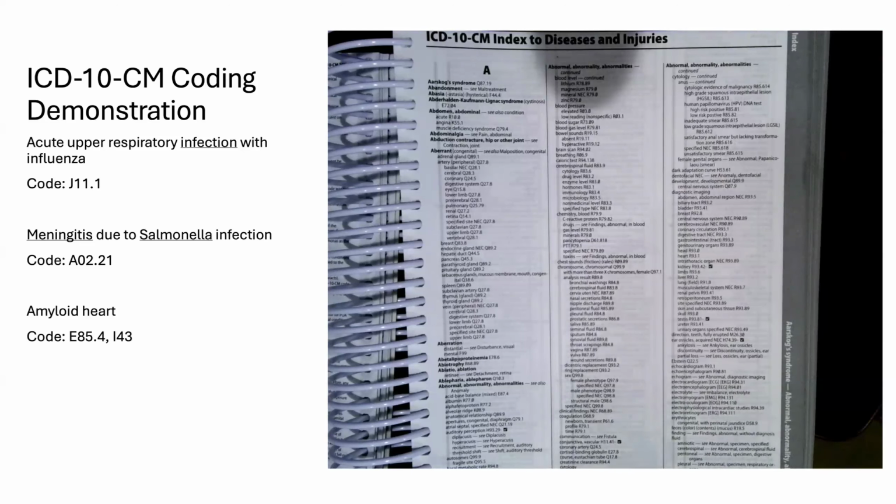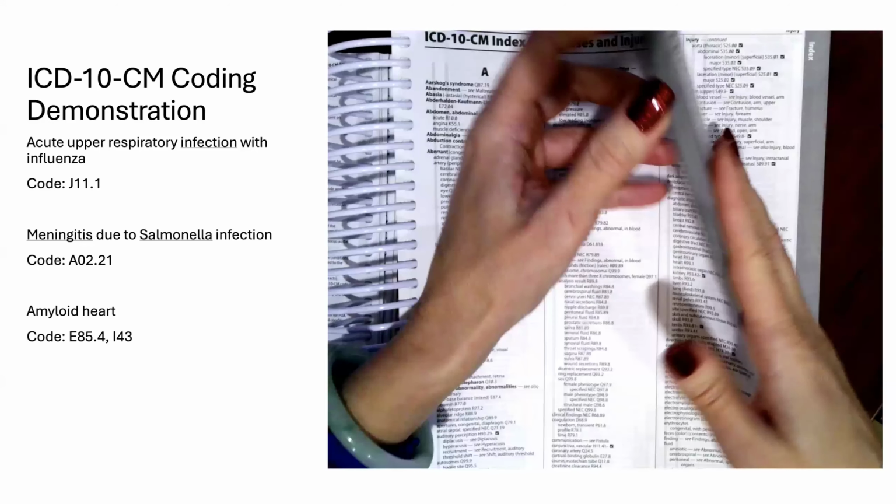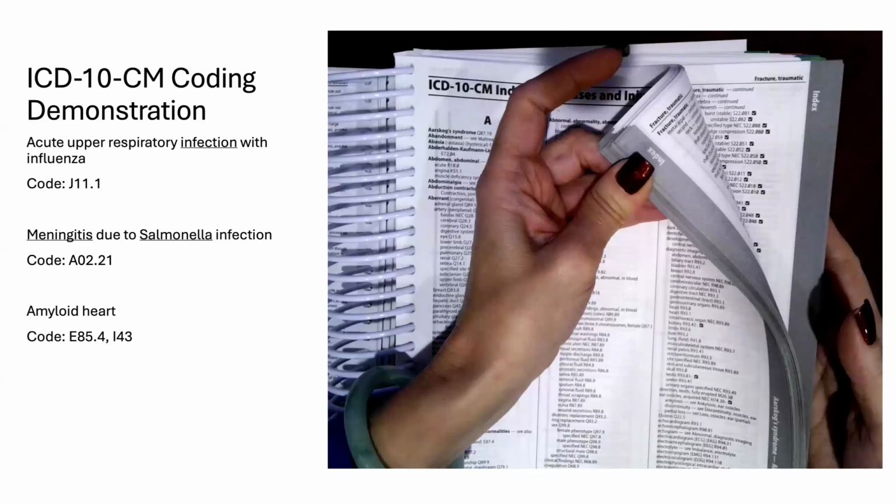We have a lot going on with this one statement, acute upper respiratory infection with influenza. We know there's an infection going on, so more than likely, the infection is going to be the main term that we start with in our alphabetic index. So I'm going to go over to the I's for infection, and I can see at the top of my page